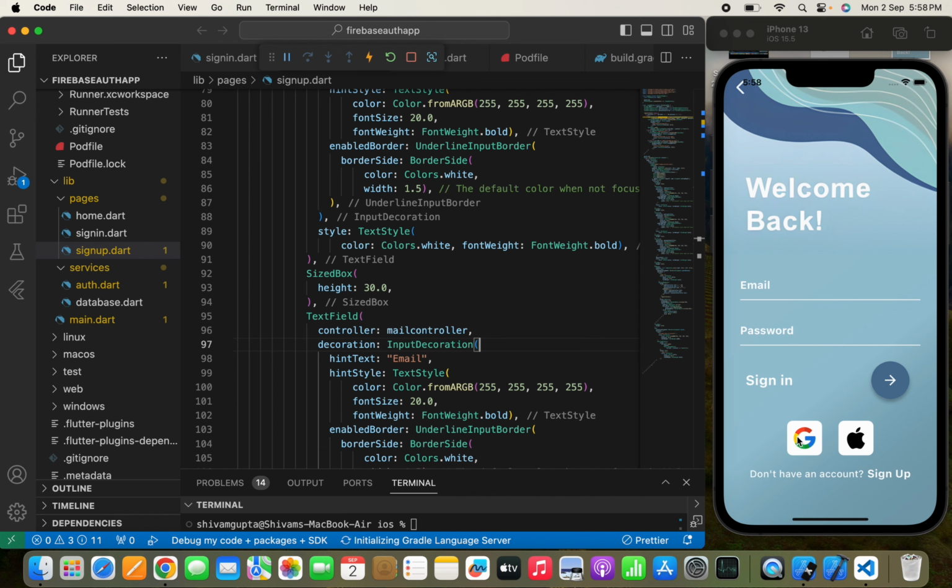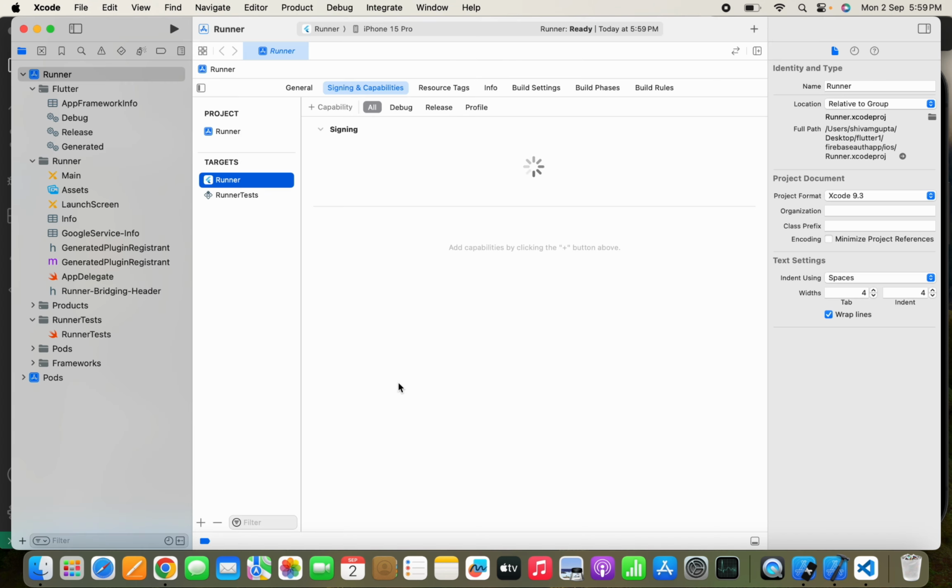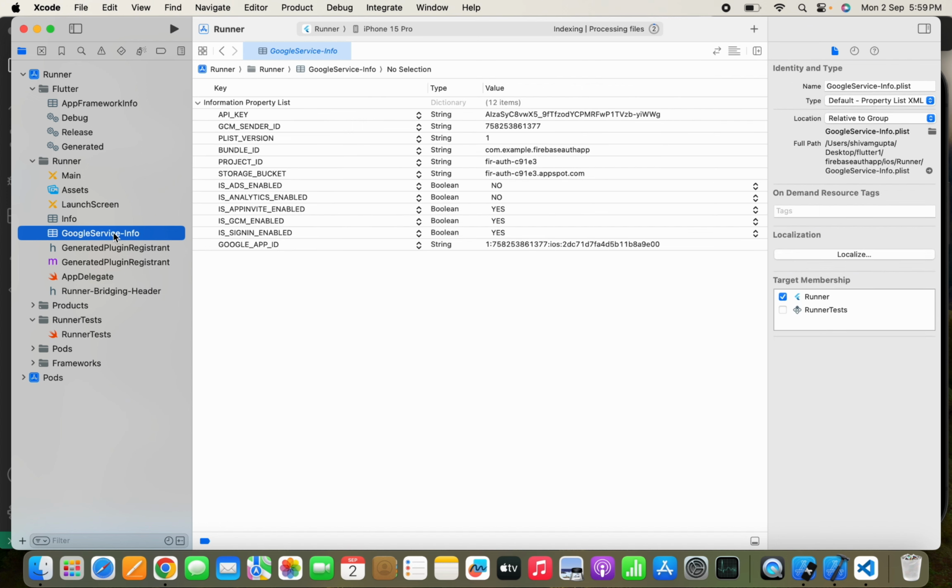It will successfully run the Google authentication in the Android device. But if you are using the iOS device, then we need to make some changes in Xcode. So let's move to Xcode first. Once we move to Xcode, go to the GoogleService-Info file, and here you will find